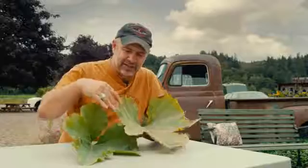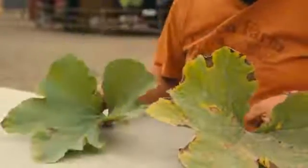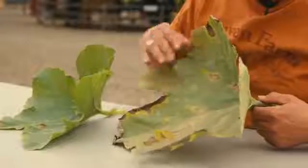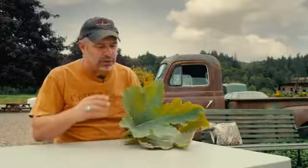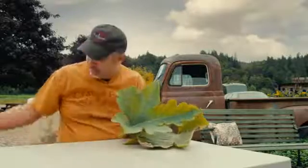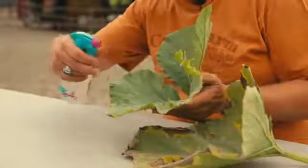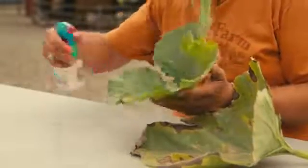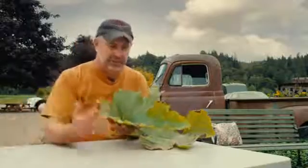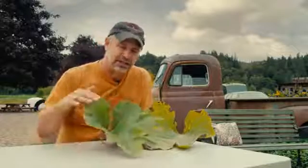So here's a plant that, as you can see, this leaf here is a great one. It's just barely getting started, the mildew. And this one here, the mildew's taken over a little bit more. So what you want to do, especially on this one, this is your early stages when it's just getting started, the best thing you can do is take your oils and just spray the leaves. Coat them good with the oils, your horticulture oils, neem oils, and that'll stop the mildew. You're not going to kill it and make it go away, but you can definitely stop it